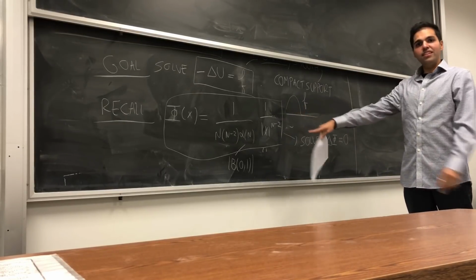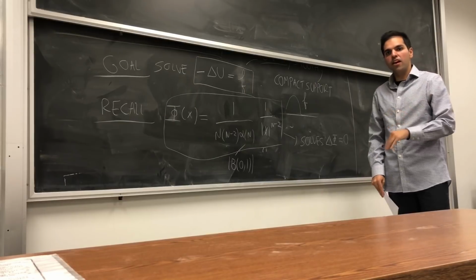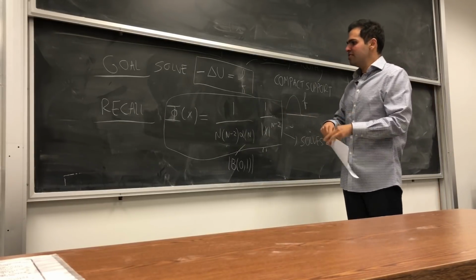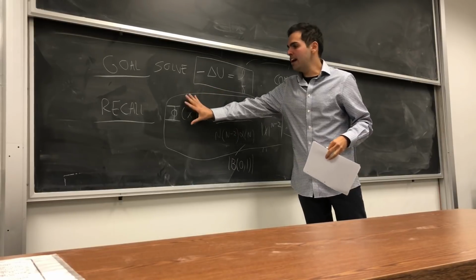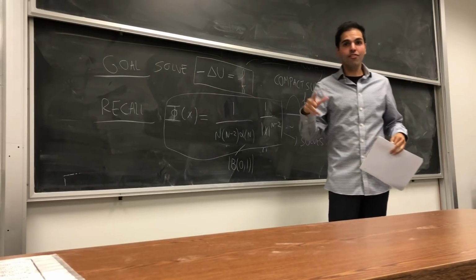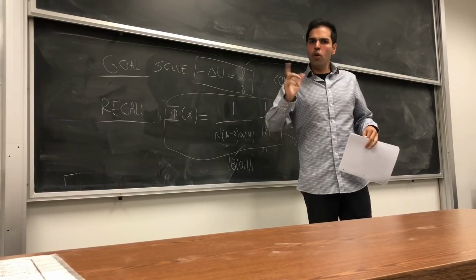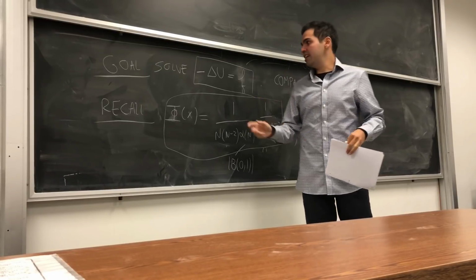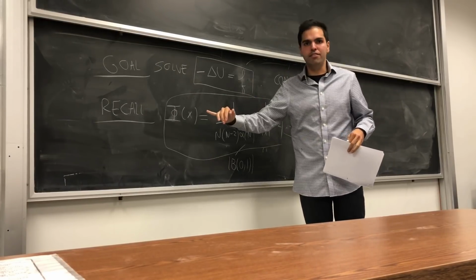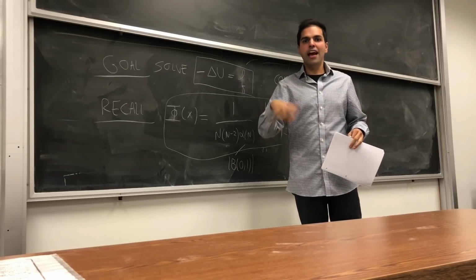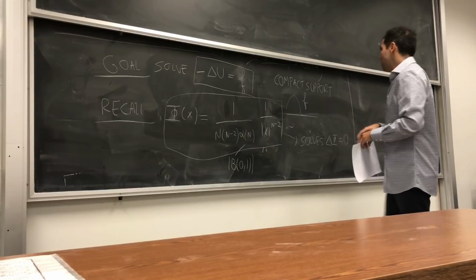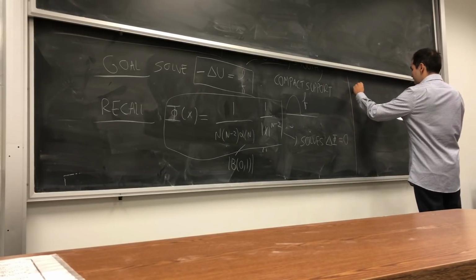And the question is, from this, how can we build up a solution of Poisson's equation? Well, all you do is multiply this phi with this f. But here we don't want to multiply it algebraically. We don't want to say f times phi. We want to multiply it in an analysis way. And by this I mean the convolution. So claim: